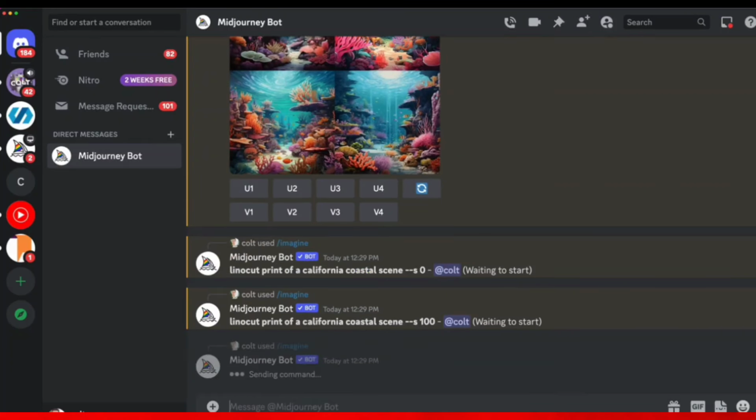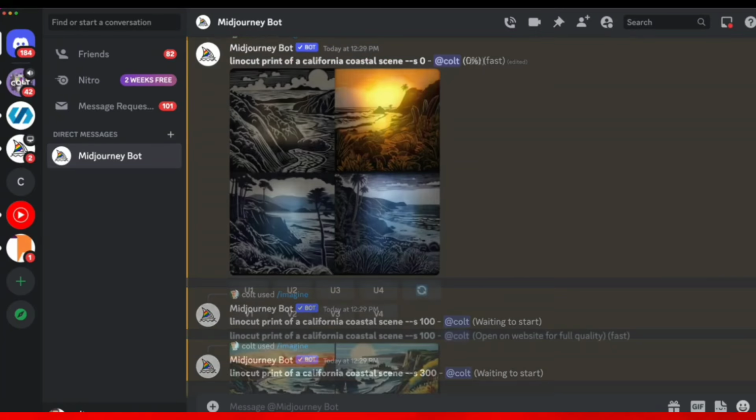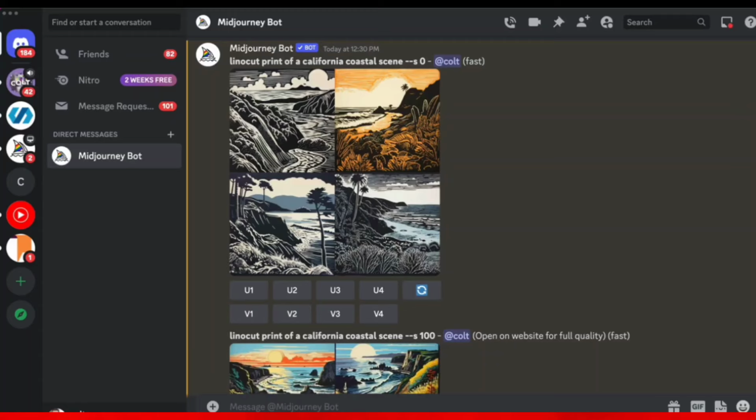I'll jump to maybe 300, and I'll be back when these are done. I'll go up to 500 and 700, and I'll have a whole set of examples to show you. Okay, so these finished up, and here is my first one, lino cut print of a California coastal scene, stylized